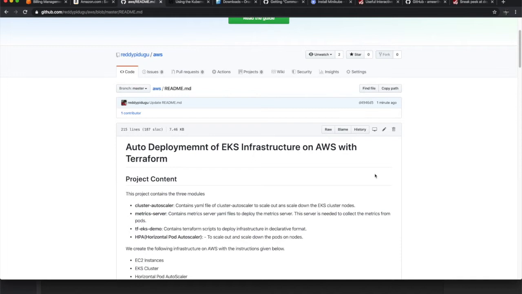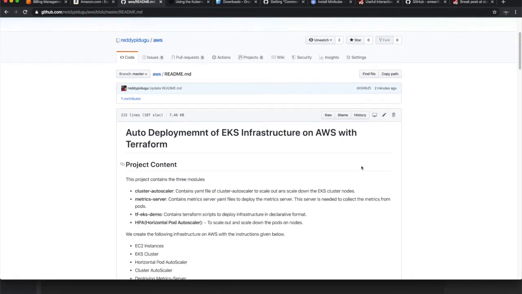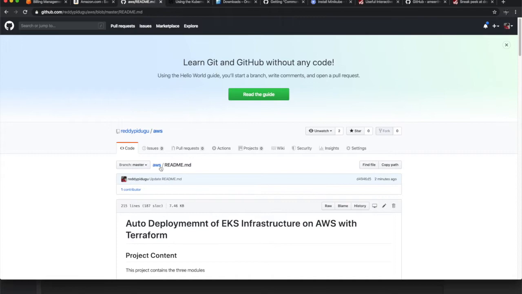To know more about Terraform, I have made a few videos previous to this video, like what is Terraform and how we can use Terraform to provision infrastructure on AWS, especially deploying EC2 instances, auto-scaling groups, and a Kubernetes cluster using EKS. Yeah, you can go through those videos. If you want those video links, I'm going to provide them in the description. Please go through that. And yeah, there is a GitHub repo from my side on how you can use those Terraform